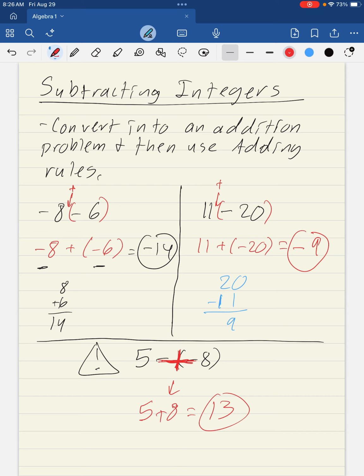That's really it. So there's our situations. You kind of just have to remember that rule. Two negatives in a row are going to make a positive. And that's what we got for adding and subtracting integers. And our next video is going to be on multiplying